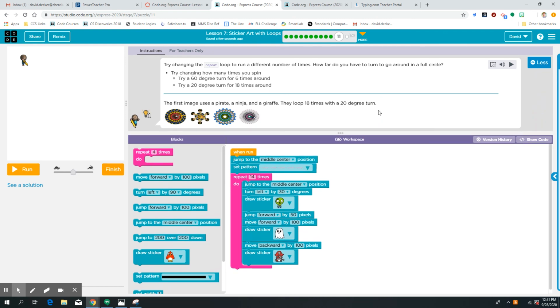Try changing the repeat loop to run a different number of times. How far do you have to turn to go around in a full circle? Try changing how many times you spin. Try a 60-degree turn for 6 times around. Try a 20-degree turn for 18 times around. First image uses a pirate, a ninja, and a giraffe. They loop 18 times with a 20-degree turn. So 20 degrees, 18 times,